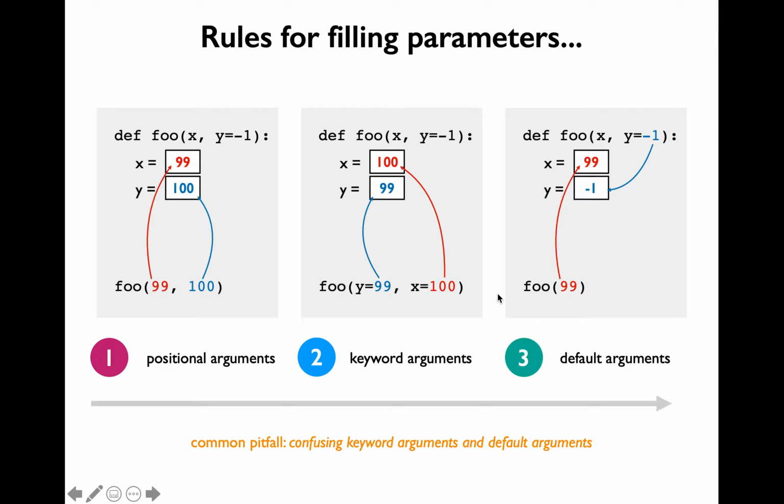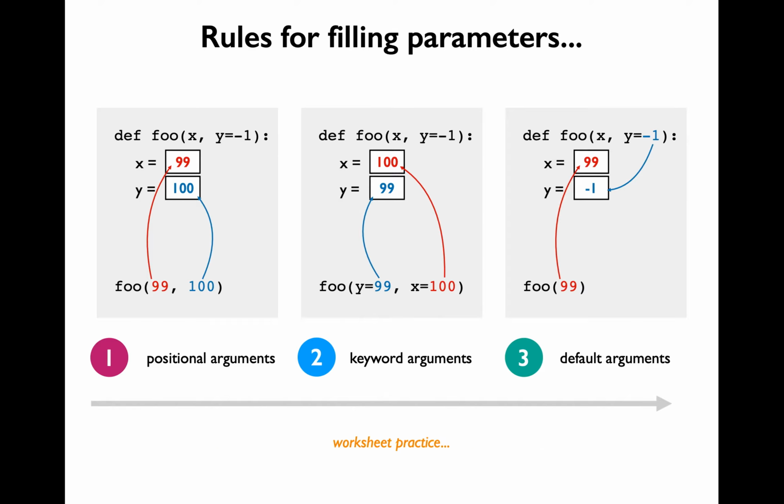Here is an example function call for foo which only contains one argument. That argument is positional, so it's going to line up with the parameter x. Since we don't have a second argument as part of the function call, the parameter y will take the default value of -1. If we did not have a default value defined for the parameter y, then this particular function call will crash. That is because in Python, you're expected to pass the exact same number of arguments as the number of parameters if there are no default values.